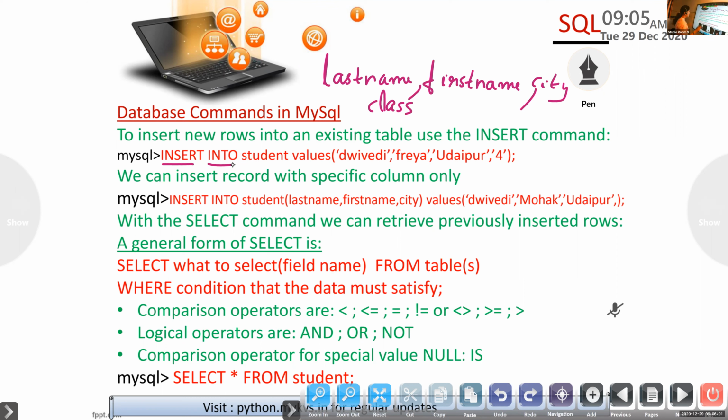This is the first method: INSERT INTO the table name, VALUES, then open the bracket and specify the corresponding values. You have to write in the same order. You can't skip any column values. You need to enter all the values. Dwivedi, Freya, Udaipur, 4. Why is 4 enclosed in quotes, Anjo?